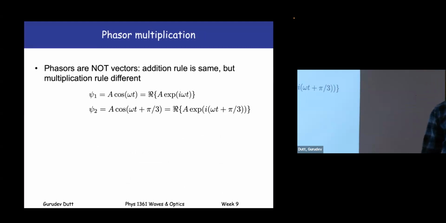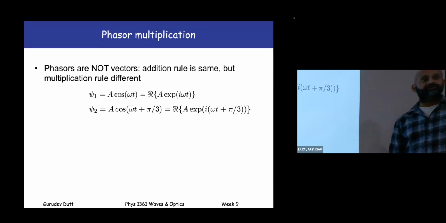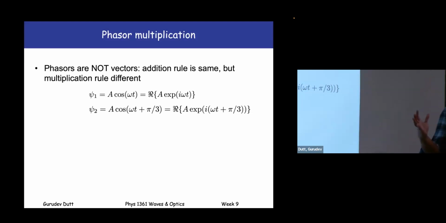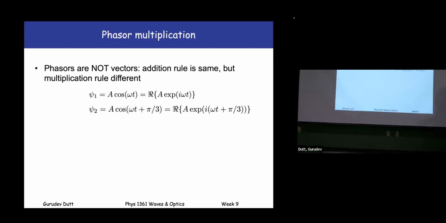So, okay, but now I want to tell you about a way in which, so far, phasors have looked just like vectors, but there's one way in which phasors are not vectors. Because you might think, why do I have a separate thing, these phasors? I just think of them as vectors. And in fact, there is a big difference in the way in which we're going to multiply phasors. Specifically, we can always multiply complex numbers. But what I'm trying to tell you is that a phasor, which remember I have to take the real part of to find the actual wave,